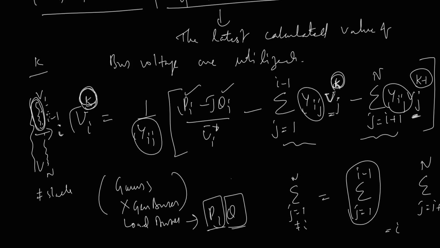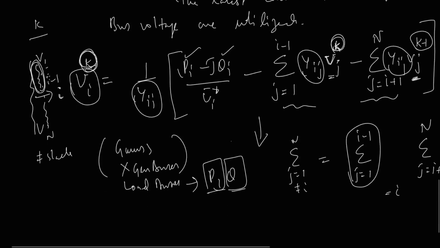The only thing is the voltages are changing from iteration to iteration. So from the first iteration you start with the initial guess, then after completing one iteration, the calculated voltages will become the initial voltages for the next iteration, right? So this is how the Gauss Seidel and Gauss iterative procedure goes on. Okay, have you followed? Any doubts, please?